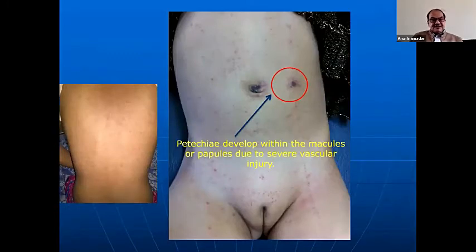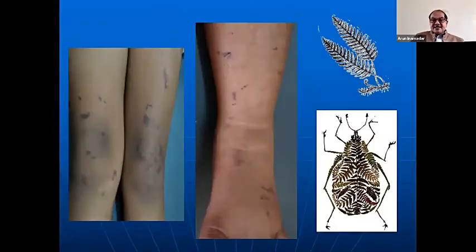Here, I have shown you a picture where the child started with a maculopapular rash. And if you see closely, in a patient there is petechiae development all over the lesions wherever the macules were there. And if you take one more closer look at a lesion which I have marked, there is petechiae developed within the macule or papule. Also, due to severe vascular injury, there is even a necrotic point. And another thing which is obviously seen in all these rickettsial diseases, I have put a representative figure there, very much obvious, the lesions look like firm necrotic lesions.